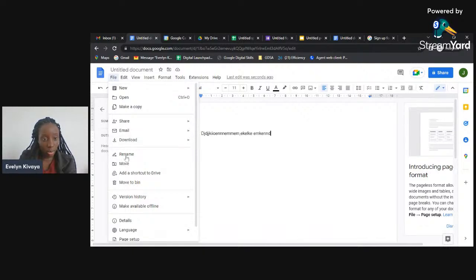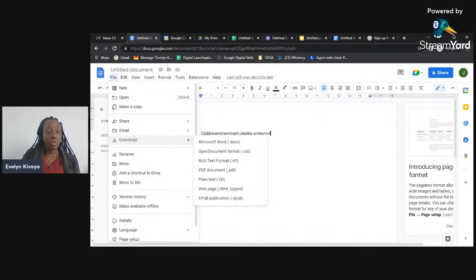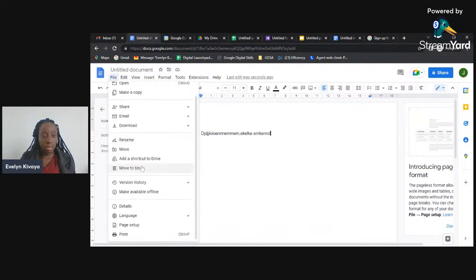After you click file, you can download that particular document if you need an offline version of it. Another thing about these Google Workspace tools is that you're able to work on it when you're online, but you can also choose to work on it when you're offline. You can choose the particular language you want to use. And also, you can view the history. For example, if you want to know who made a certain edit at what time, you can just click on it and you'll be able to see all the history that you need to see.